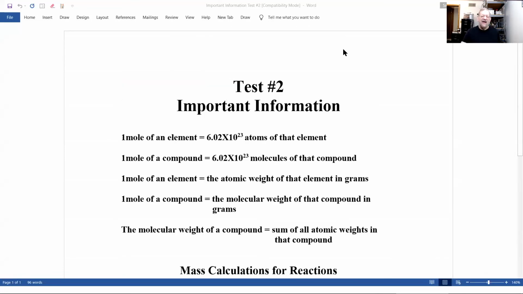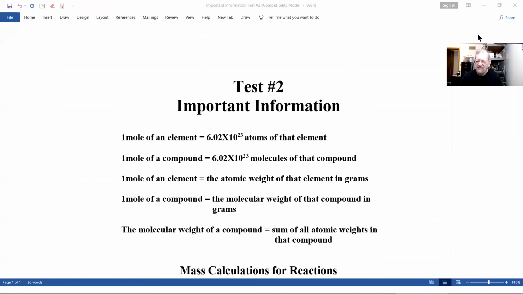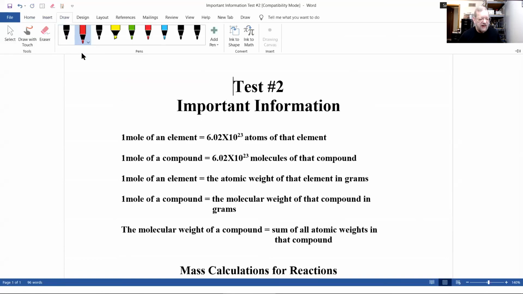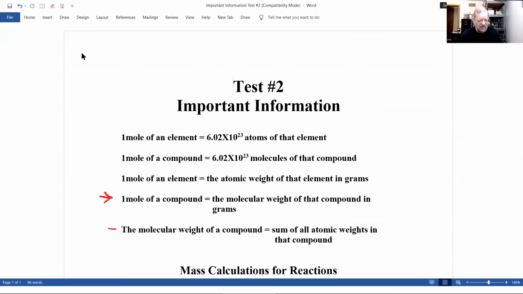I have on the screen, thumbs up people, do you see important information? Test two. And this is important information. In the past, students had to memorize this. And today, what I'd like to do is go through and practice this and this